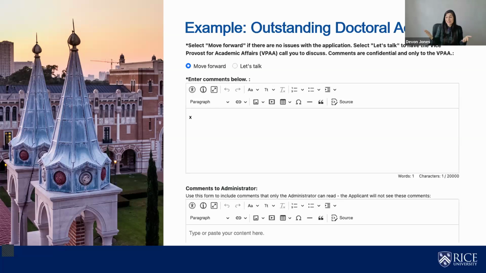Or on the other side of things, he might have something to highlight that one nominee is doing particularly well that hasn't yet been passed, that might come up in the committee conversation down the road. So we really wanted to make sure that this form did not say, move forward, don't move forward, or something of that nature that was very positive and negative, but really it gave our Dean of Graduate and Postdoctoral Studies the ability to reach out and have a conversation to say, hey, let me add a perspective to this particular package that you might want to know. And then once this is complete, these move over into PARC.